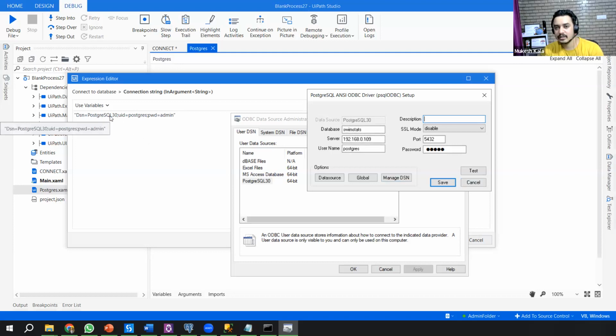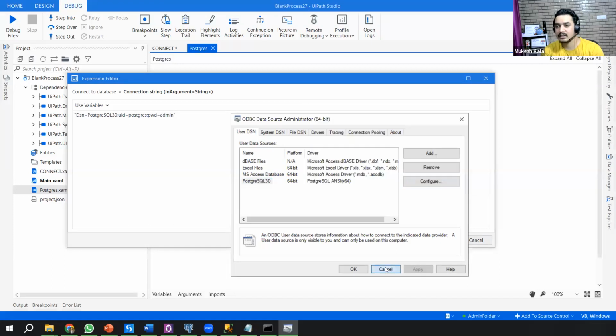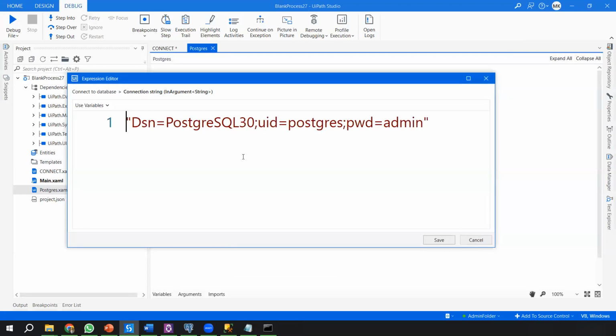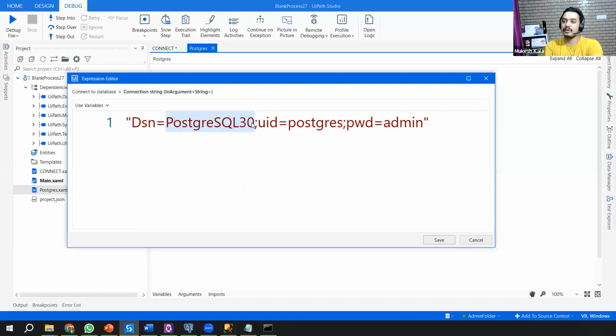PostgreSQL 30, user ID is this, password is this, and the same thing is now in your connection string. In case you want to connect to that, you just need to have this DSN. Now, two options: either you configure your DSN yourself, or you ask the guy to create a DSN and provide it directly with the user ID and the password.